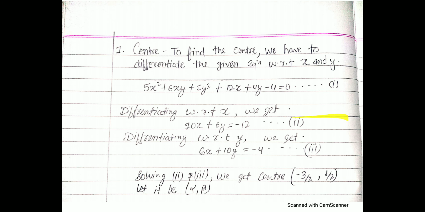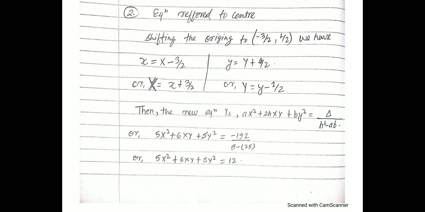Solving equations 2 and 3, we get the center as (-3/2, 1/2). Let it be alpha and beta. Let's call the center alpha and beta. Equation referred to the center: shifting the origin to (-3/2, 1/2), we have